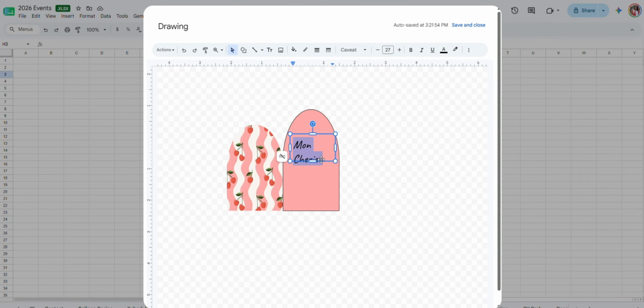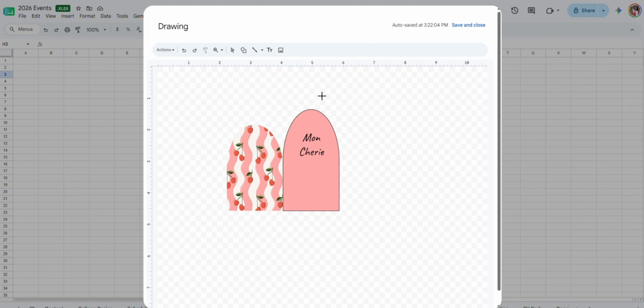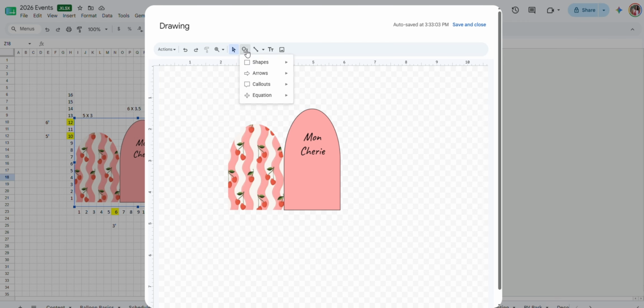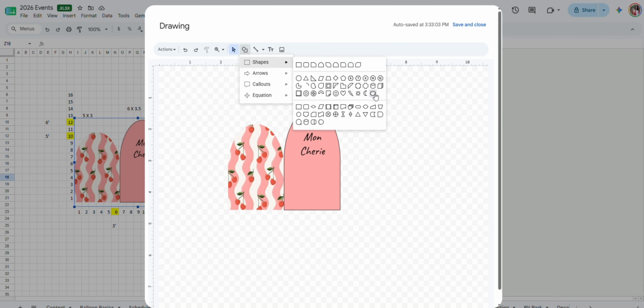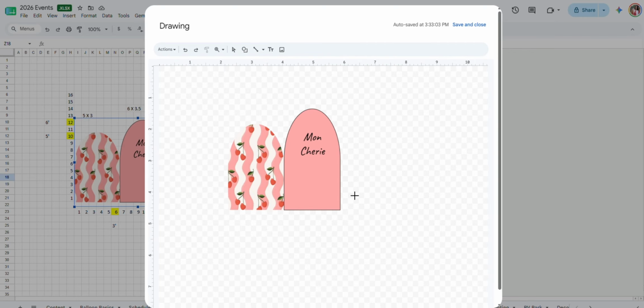Next, if you're going to add text, if you're doing a wooden wallpaper, you can do a wooden arch backdrop, you can do a DTF transfer with a heat press. If you are doing a fabric arch, you're going to want to do a vinyl lettering that you would put onto that fabric arch. So next, what you're going to do for the mock-up is start adding circle shapes to